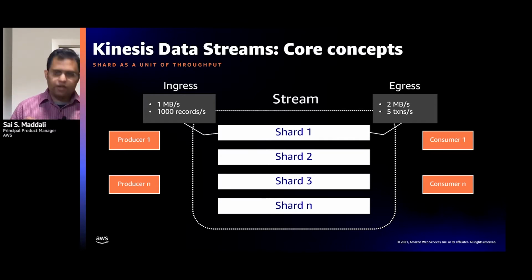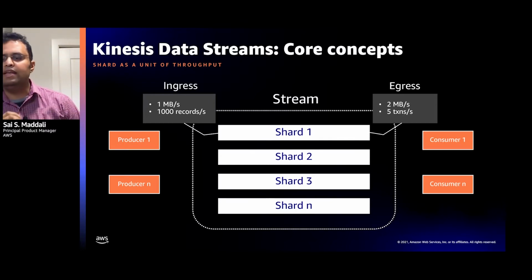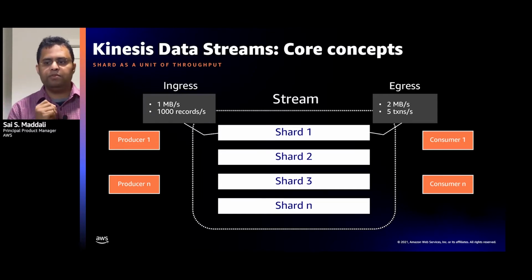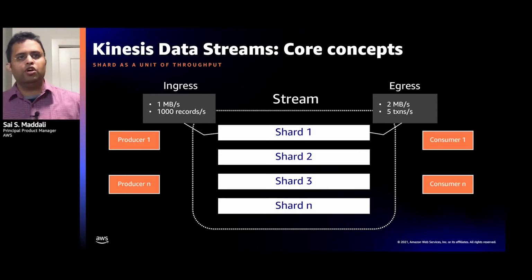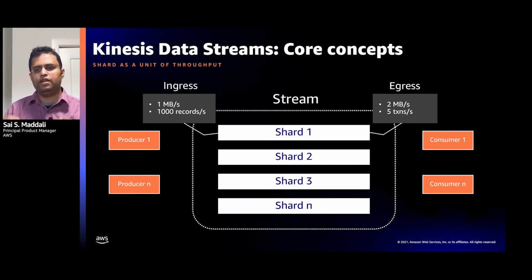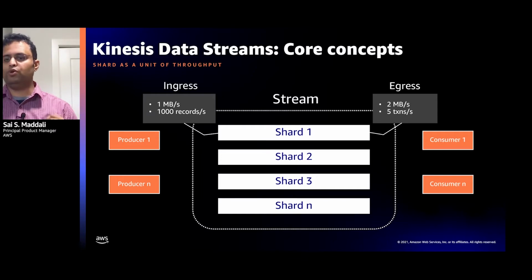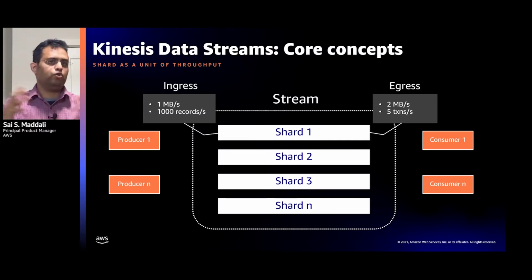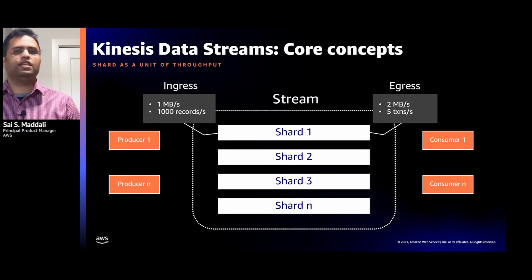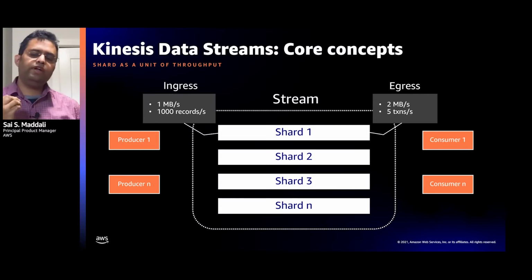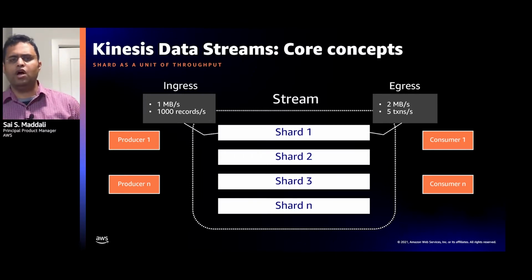Now, if we quickly go back to some of the use cases that we've talked about early in the presentation, all the real-time streaming data use cases, one thing that is common is you're generating vast amounts of data and you have to process that at a sub-second latency or sub-minute latency. You also have to future-proof this architecture because what your requirements are on day 1 may not be what they are in day 10. Your traffic patterns change, you're onboarding more customers, you are just basically growing your application and its needs. Hence, the core technical goal is how do we process large volumes of data at really low latency.